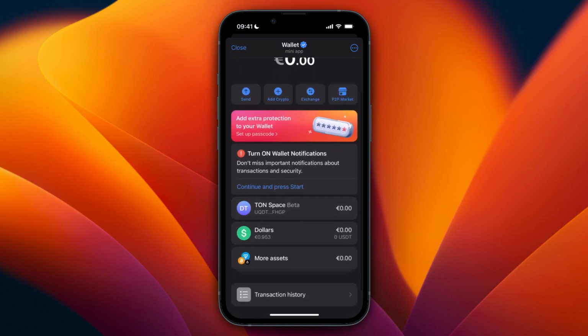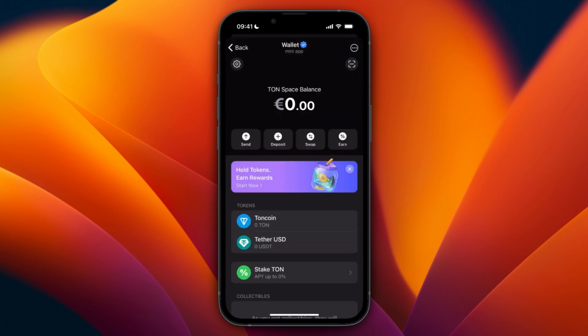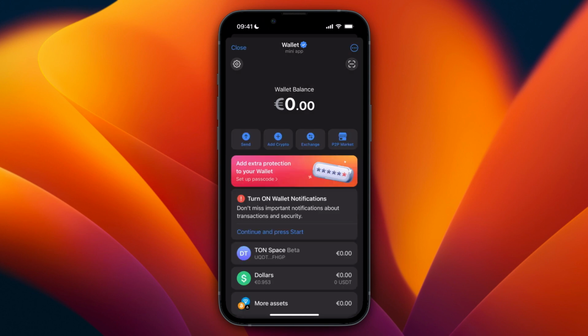After doing that, right here, you will see ton space, so go and click ton space right above dollars, and then there are a few steps you need to take, so you need to back it up, so you could do that through email or manually, and after you have created the ton space, what you can then do is